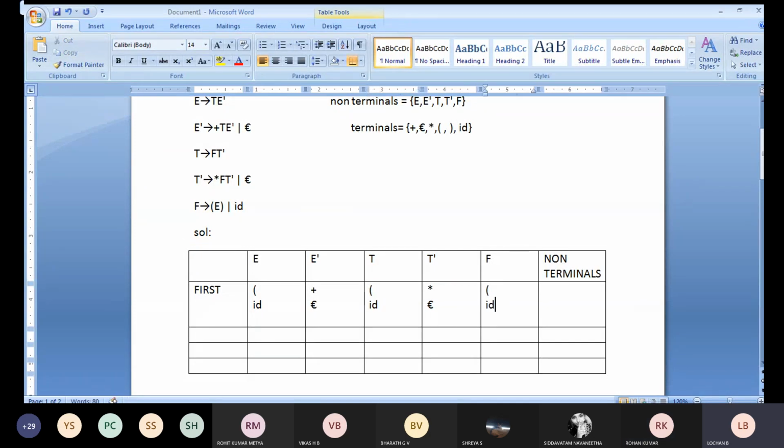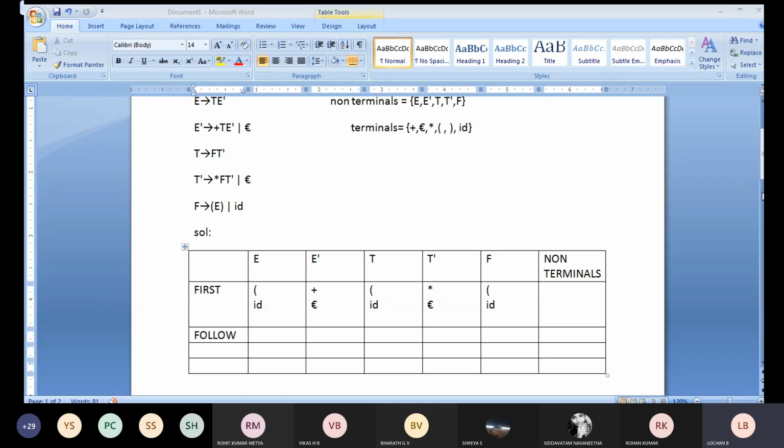Any doubt? If you got any doubts with respect to calculating the first, you can ask me. Otherwise, I'll move to how to calculate your follow. No doubt, sir. Okay. Then we will move to the follow. I'll ask other students also. What about other students?